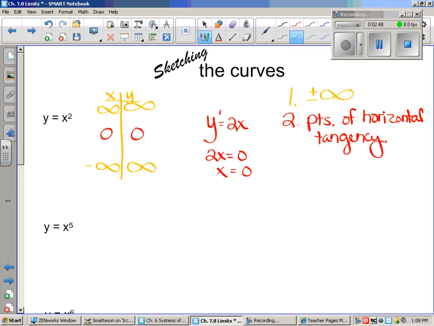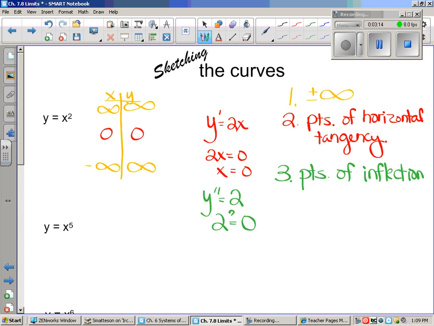And yes, that is step 3: to now look to see if there are any points of inflection. To find points of inflection, that means the second derivative. So y double prime would be the derivative of 2x, which is 2. Does 2 ever equal 0? Of course not. That means in this case there is no point of inflection. So that means this is all the information I've got. To graph this thing,